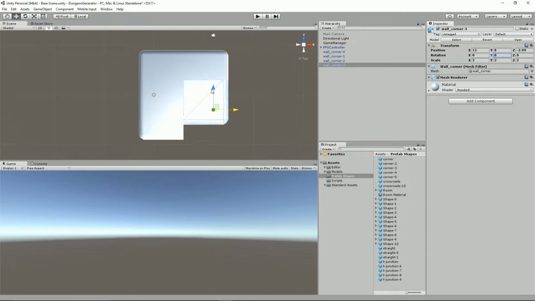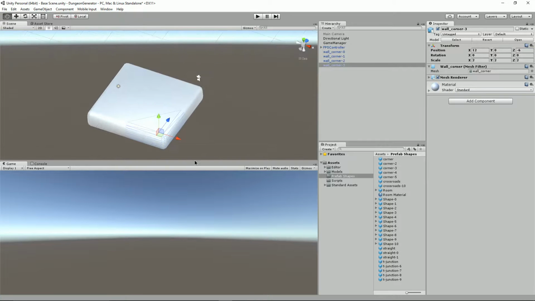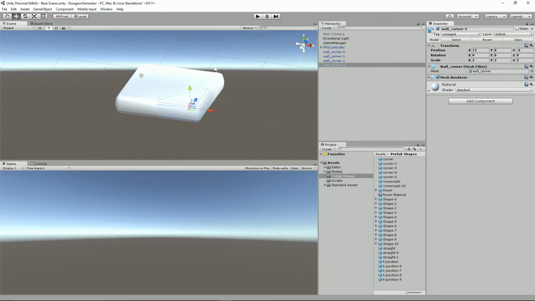And that means we need to move that down there. And so it's going to be minus 6. Alright, those are our corner pieces, our corner prefabs. Let's just do the following. Let's bring out the